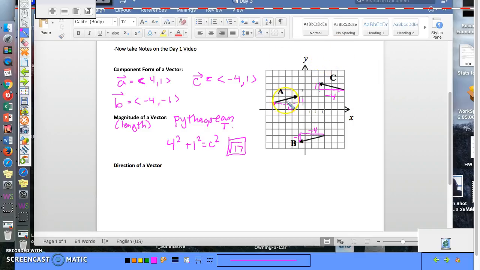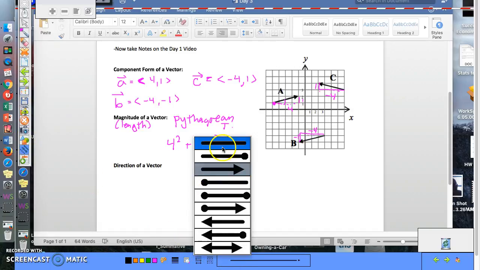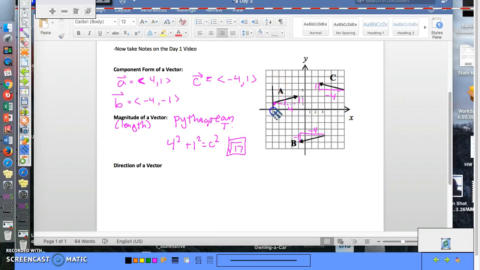So to find the direction, we need to know that angle. And you're always finding the angle as if it was on an XY coordinate grid. So it's like if we were to put an XY right here, an XY right there, and an XY, so it's coming right from that origin. So what we can do for all of these, if we're to find this angle,